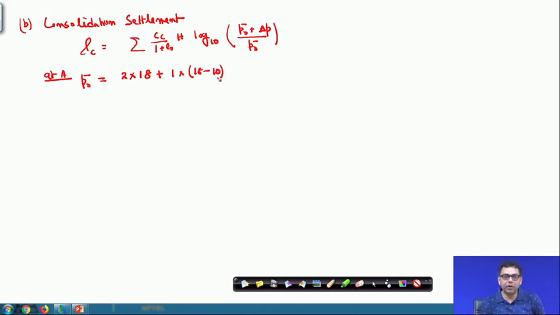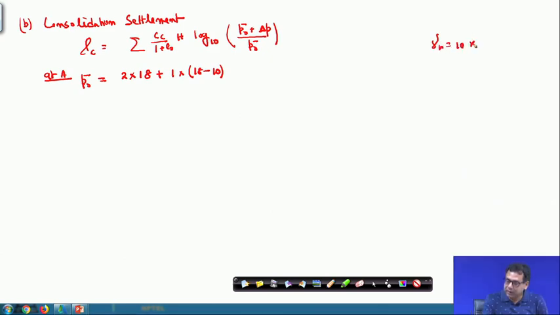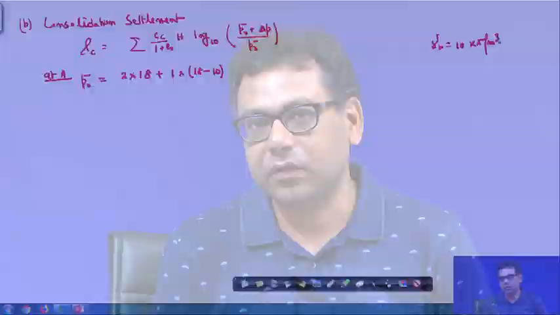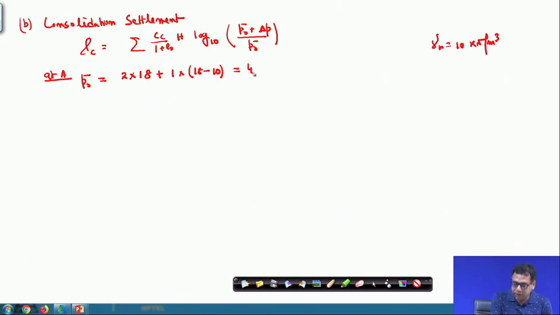So, here the unit weight of water is taken as 10 kilonewton per meter cube. However, you can take 9.81 also, but in all the problems that I am solving, I will take unit weight of water as 10 kilonewton per meter cube. So, that means you can also take 9.81 kilonewton per meter cube. So, this is equal to 44 kilonewton per meter square, and for del P the same procedure I will use.